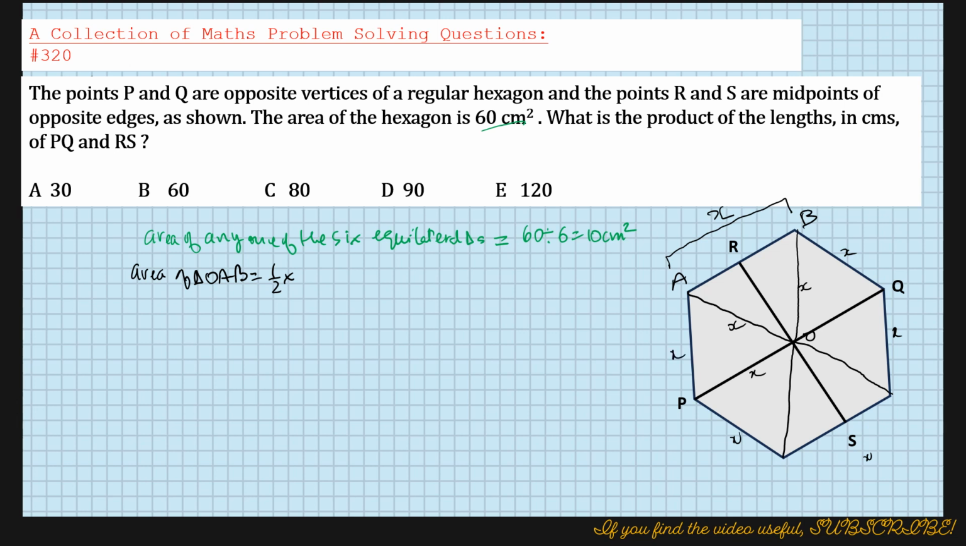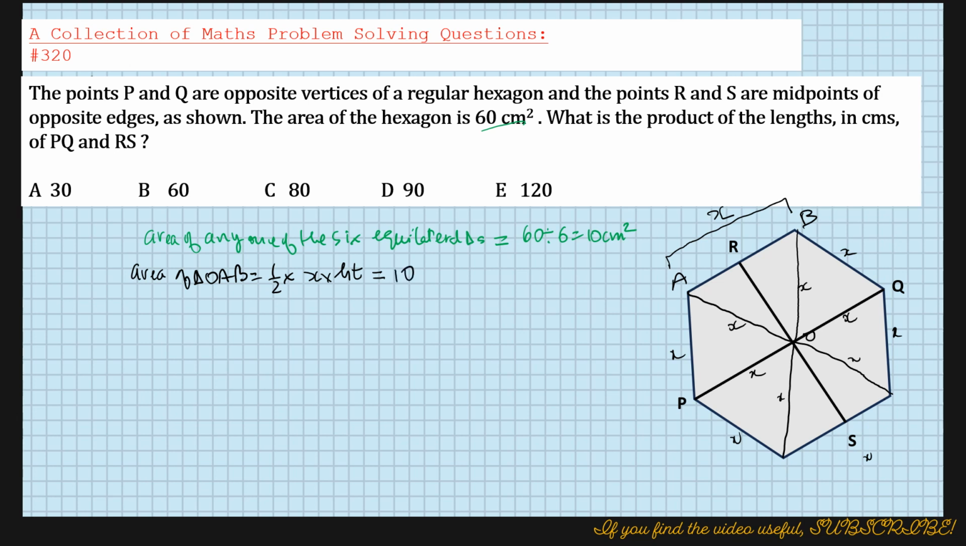So therefore you see OP is x and OQ would also be x, as would the other sides. As they're equilateral triangles, the side of the hexagon would equal the side of the equilateral triangle. So the area of triangle OAB would be half times base times height. We can write it as half times x times height, leaving it as HT for height, because I don't know the height,